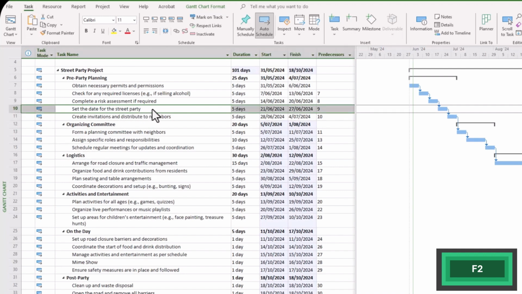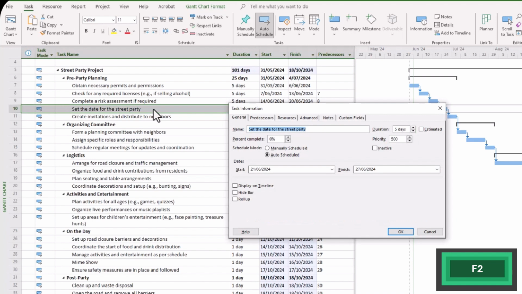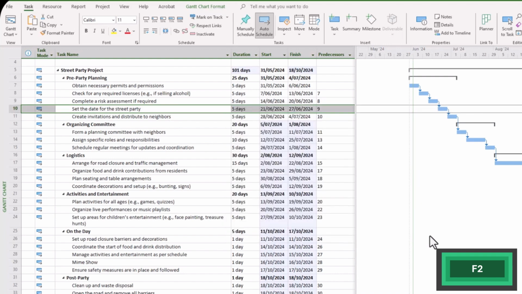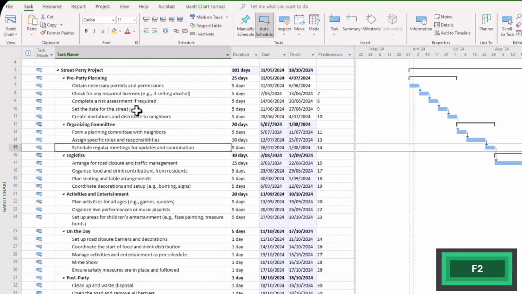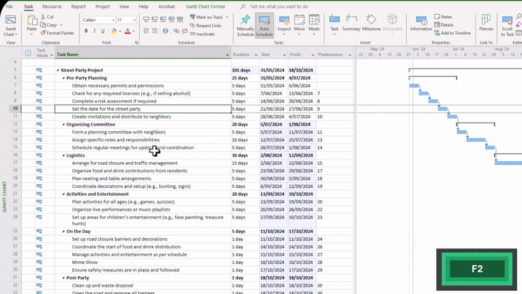Now we could double click and wait for the dialog box to arrive. Here it is, and then make the adjustment in the name area there as follows. Or we could simply use the shortcut F2. So by clicking shortcut F2, it puts it in an edit mode, and then you can go and edit as you like. So it's quite a nice, useful little shortcut there.